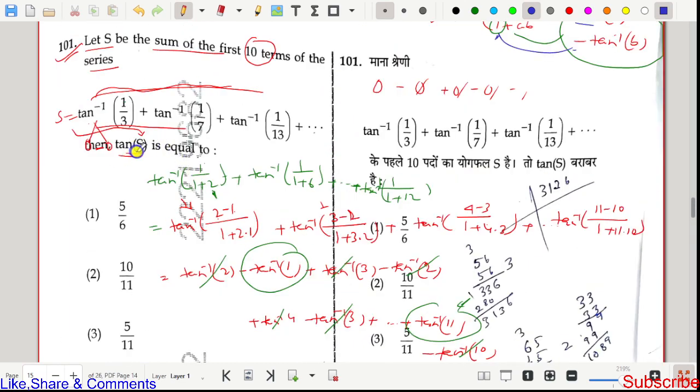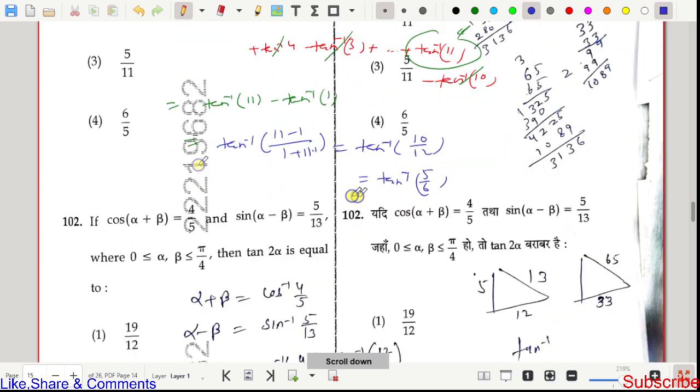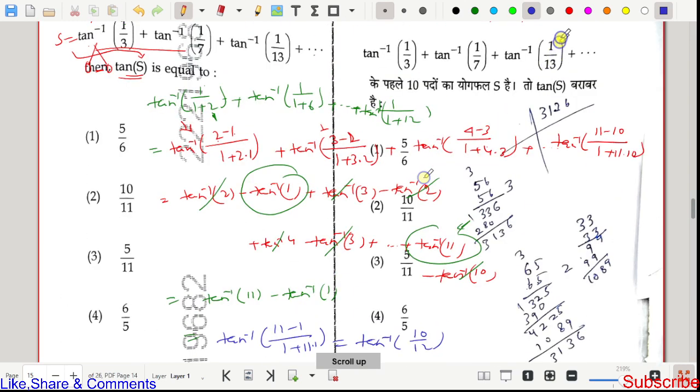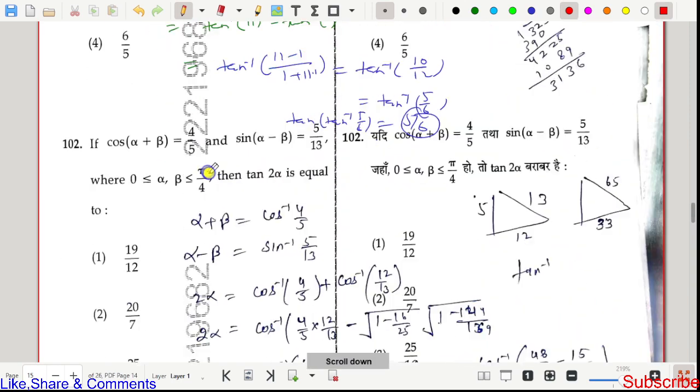Now what do I have to find? We have tan of S. This is the value of S. So again we apply tan of this, that means tan of tan inverse 5 by 6. So the result we will get is 5 by 6 only. Clear? I hope you have understood. So our result will be 5 by 6, that means the first option is correct. So moving to the next question,